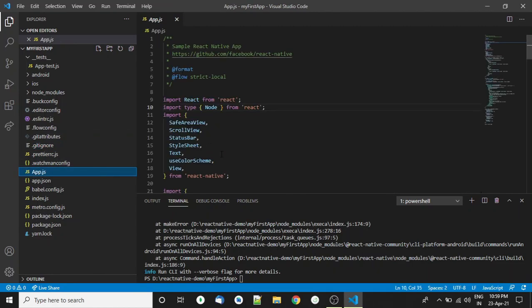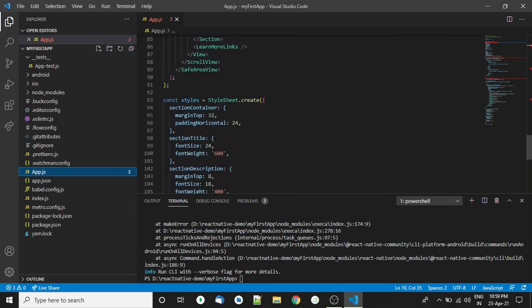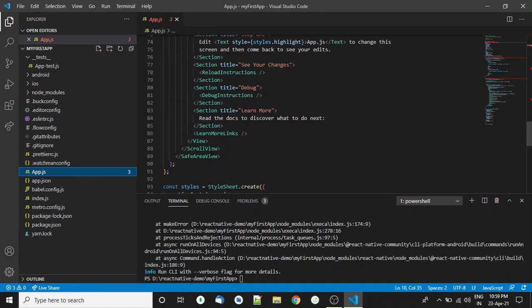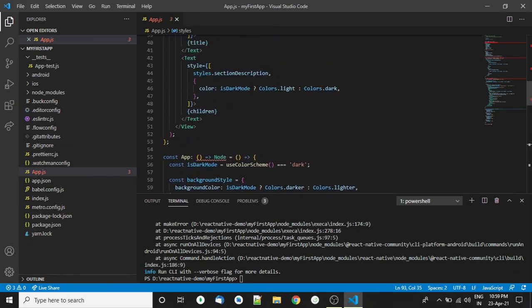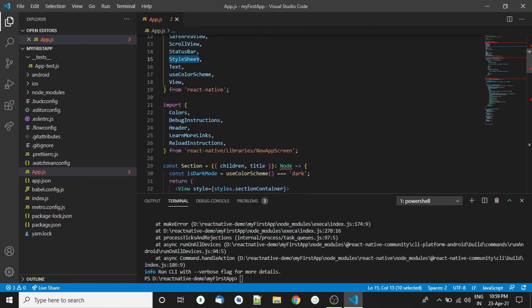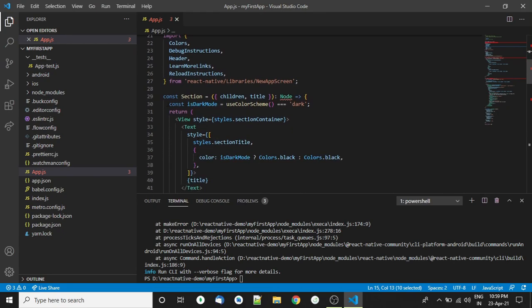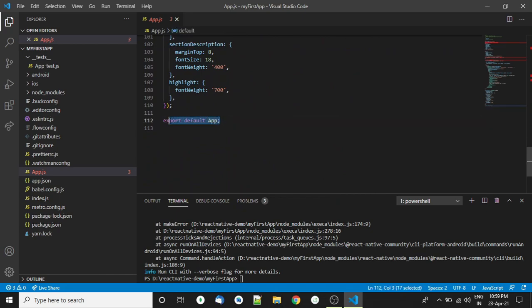App.js is the starting point of the application that is bootstrapped in index.js. As you can see, it is just a predefined component for React Native. StyleSheet is an abstraction similar to CSS style sheets. Instead of creating a new style object every time, StyleSheet helps to create a style object which is further used as a reference instead of rendering it again. Export default is used to export a single class or function from a script file.